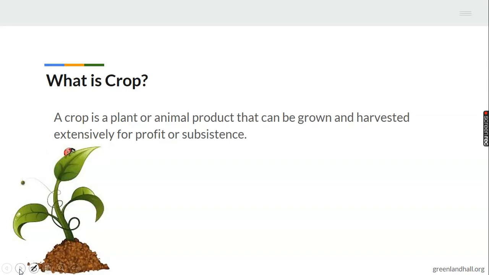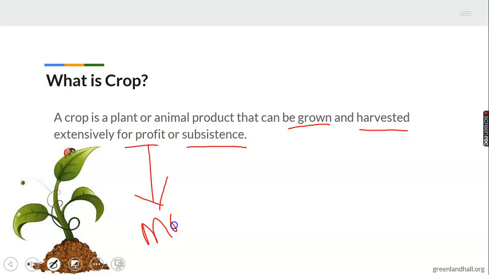A crop is a plant or animal product that can be grown and harvested extensively for profit or sustenance. So a crop could be an animal or plant product that can be grown. Grown here means planted and then harvested, uprooted. Extensively for what? For profit or sustenance. This means money, so you can get money from it, or sustenance is going to be for food and